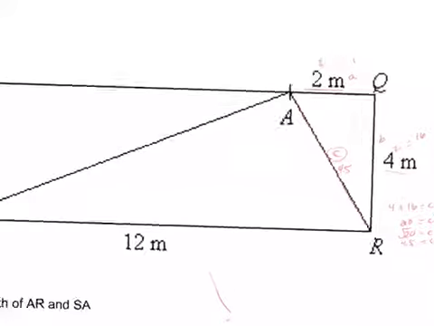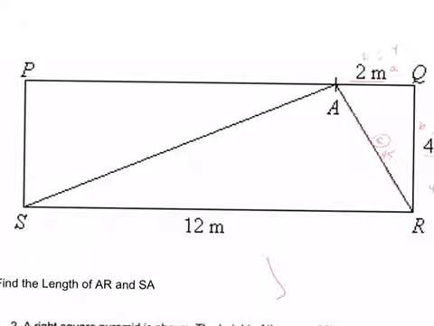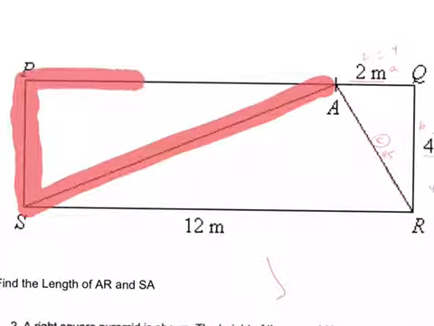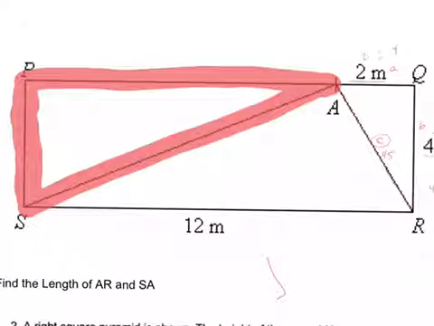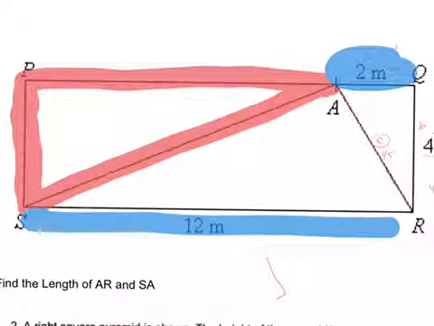Then what you do is you're looking at this next set of triangles, and there's a couple of ways to look at this, and I'll show you both ways. So the first way is to see that there's a right triangle right here. Do you guys see that? Take a moment. If you need to pause this, go ahead and pause that. Okay. Now, if I know that this is 2 and this whole thing is 12,